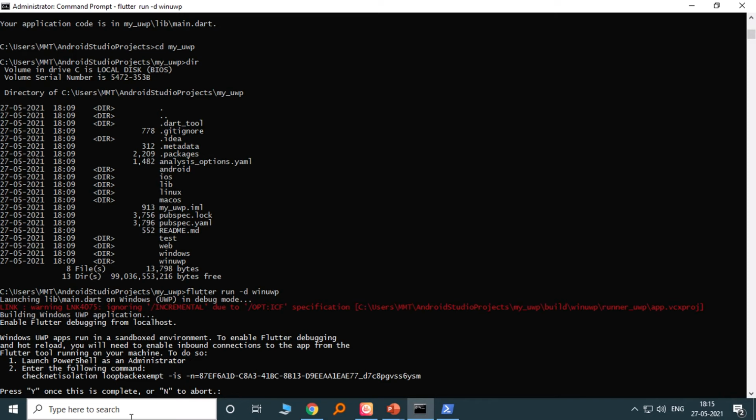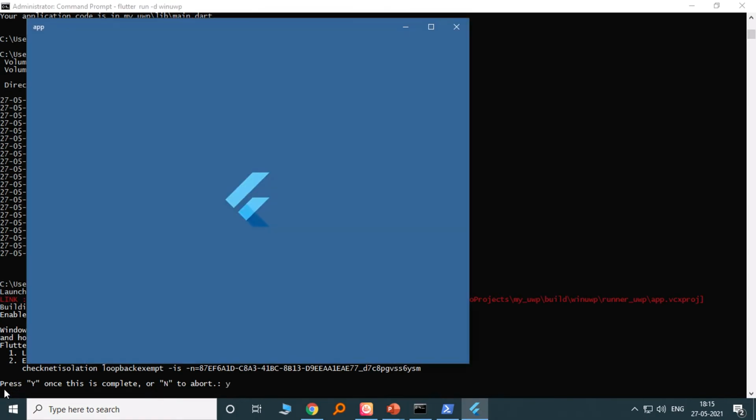So basically what this statement tells us is that the sandbox is an internal environment and we are writing code outside of that internal environment, in the external environment. So if we wish to inject the code from the external environment to the internal environment with the help of PowerShell, we can do it. So after all the things are done, we need to press Y.